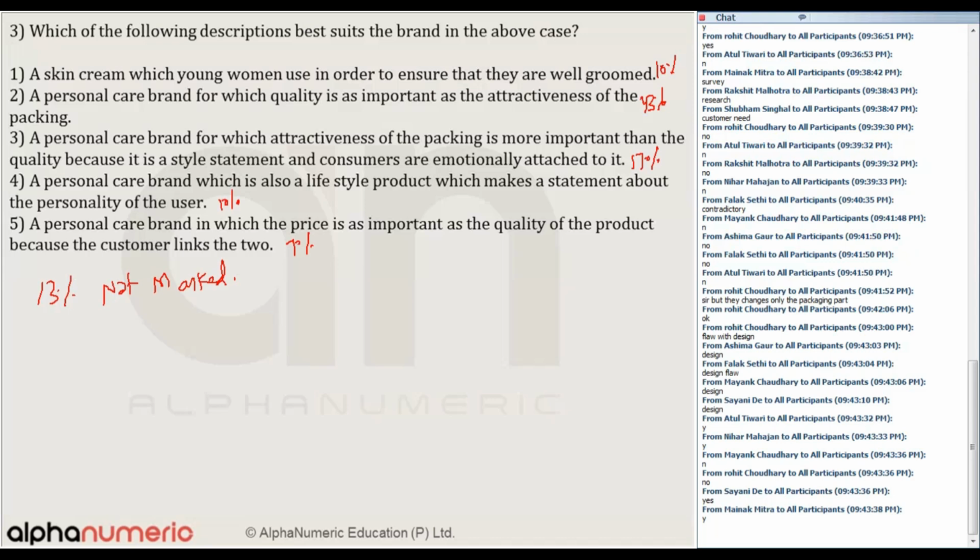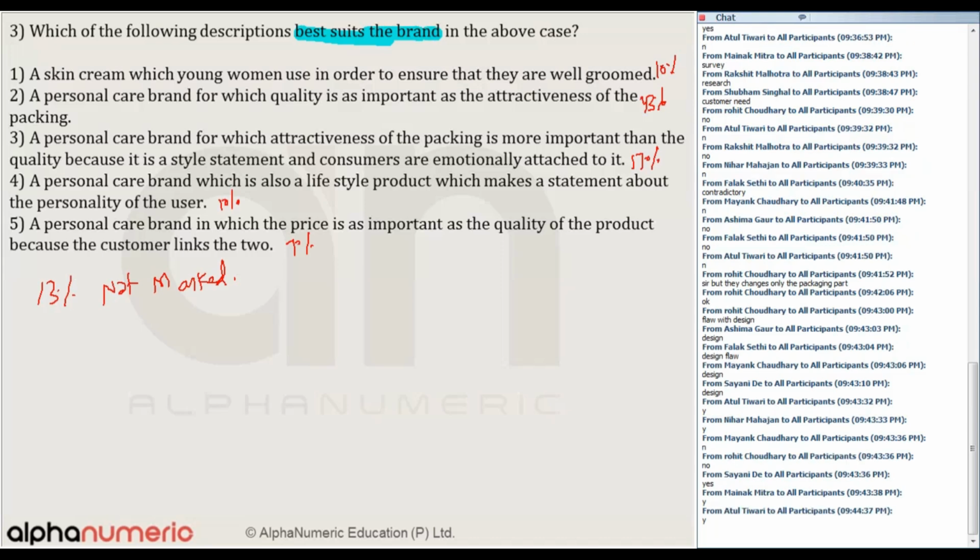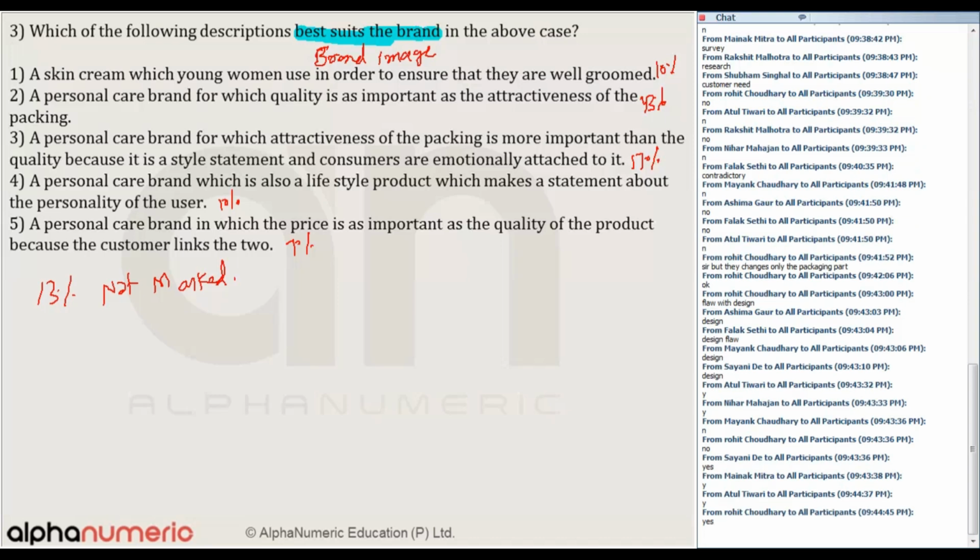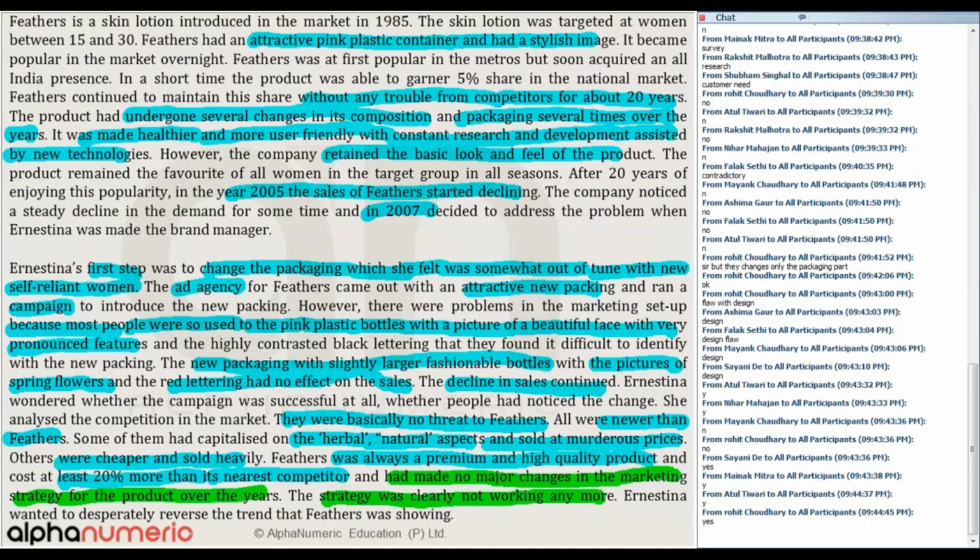It says, which of the following descriptions best suits the brand in the above case? So basically, we are talking about the brand image. Am I right? What is the image of that particular brand? So in the question, we need to identify what kind of image that brand is carrying. If you look here, the important thing is